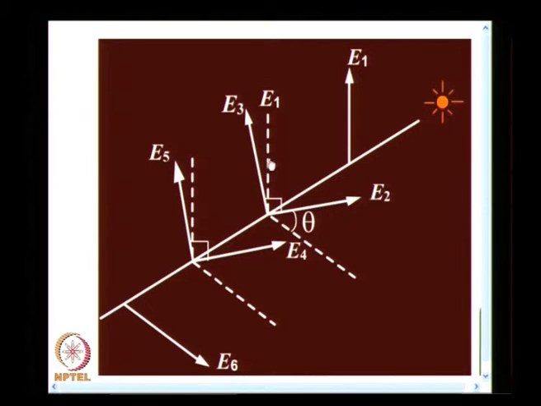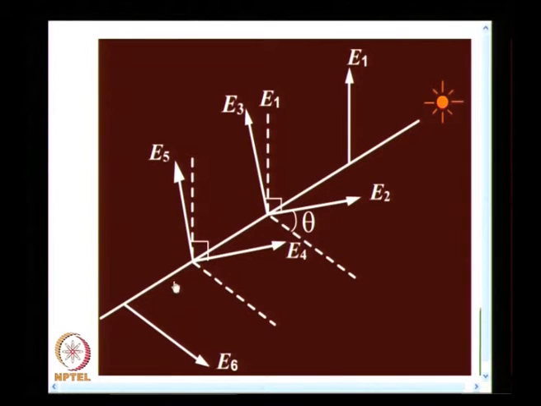They are essentially slow and fast axes at the entry point, and these axes will remain because I am looking at a two dimensional model. Essentially it is a plane. For convenience, we have some finite thickness. For clarity, this is shown as enlarged. So, you will have two axes E4 and E5.